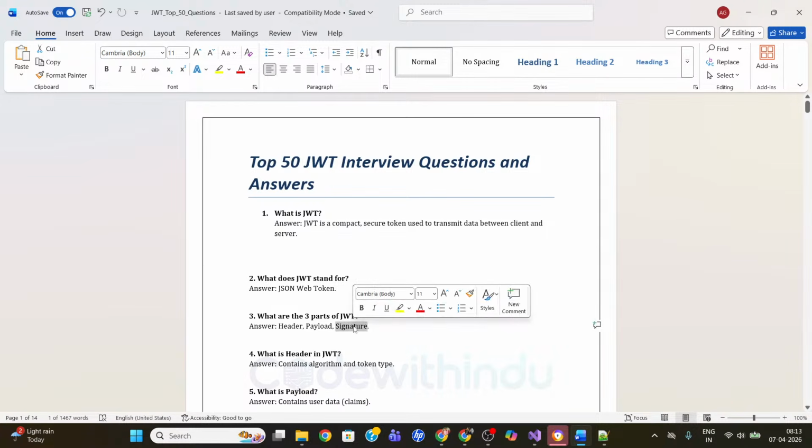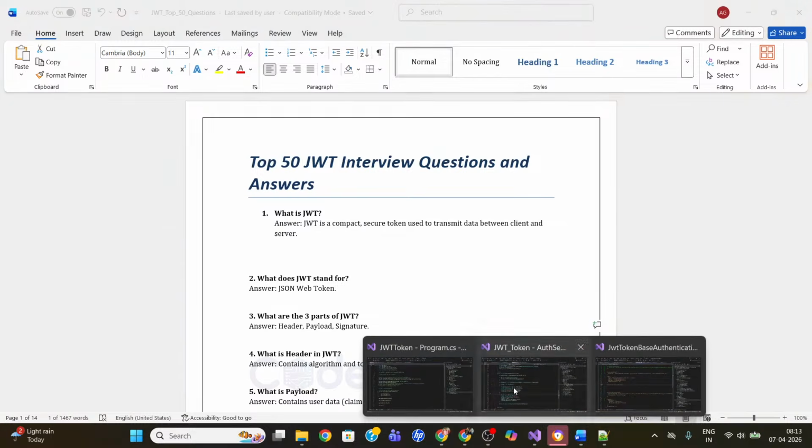And the last thing will be the signature. The signature ensures that no one does anything to the header and payload, and here we can add our secret key that we write in the app setting, and it makes the token secure every time, so that no one can reach the information. So you can see here,